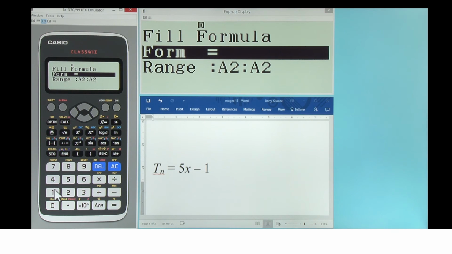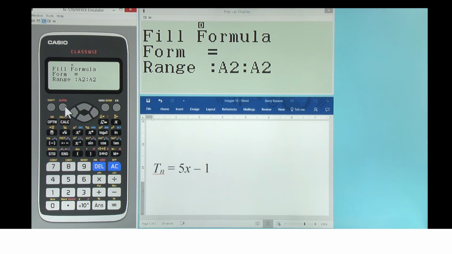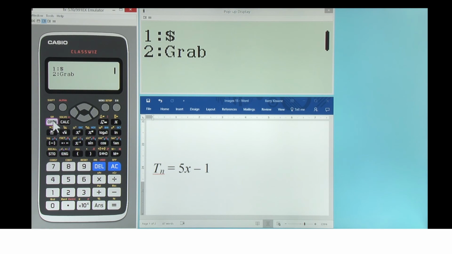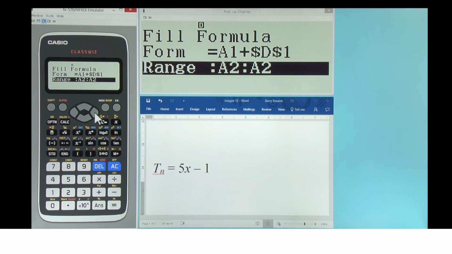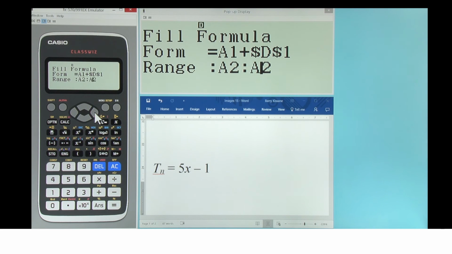And the formula in this case is to start with cell A1 and then add the value in D1, which is the common difference. We want it to be an absolute value, so we need to choose the $, alpha and D, and $, again, and number 1. So that's a command using an absolute address as well as a relative address. And let's make the first 30 terms,